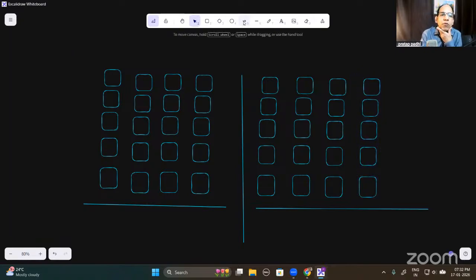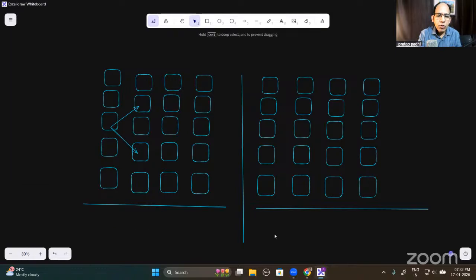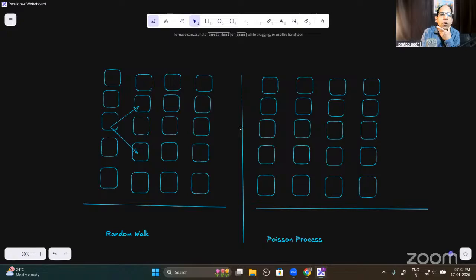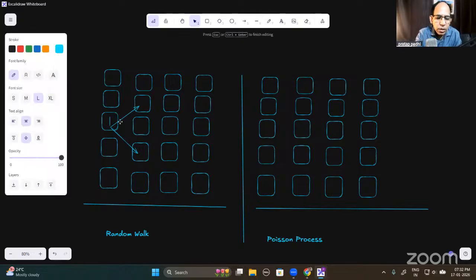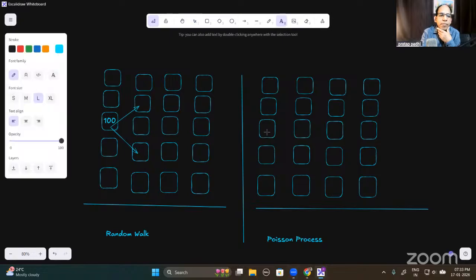So suppose you start from here, either you can go here or you can go here in case of random walk. This is random walk. How about Poisson process? This is also discrete time. In case of Poisson process, what will happen? Suppose you started with 100 here. You know that you will be at either 101 or 102. But in case of a Poisson process, what will happen? If you are at 100,